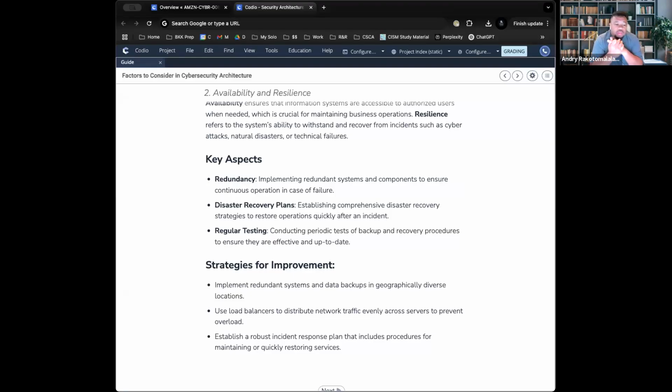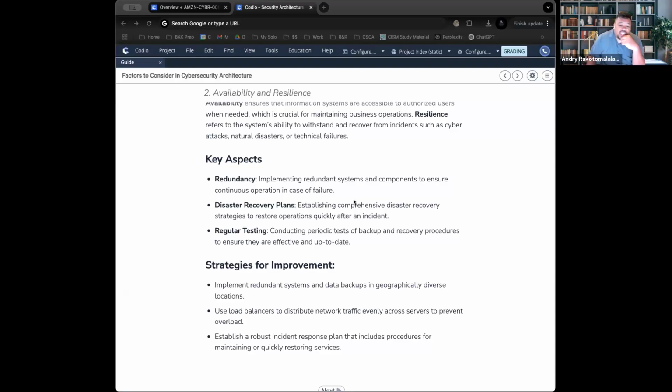And the last piece, which we'll talk about, is disaster recovery. Disaster recovery, in essence, is just a comprehensive strategy, or typically a document, that restores operations quickly after an incident. Now, keep in mind, disaster recovery is a very technical piece of resilience because you need to be able to understand backups. You need to be able to understand how systems work. And when you do all that, you have to put a plan in place and have buy-in from all the businesses to say, hey, if there is a bunch of traffic on our main website, we need to have a failover so we can redirect traffic so that it's more balanced out, something like that.